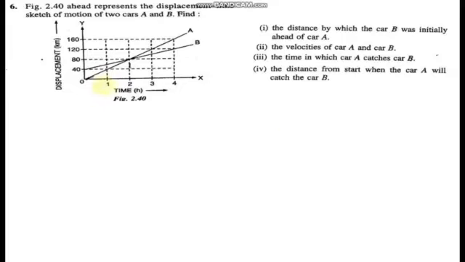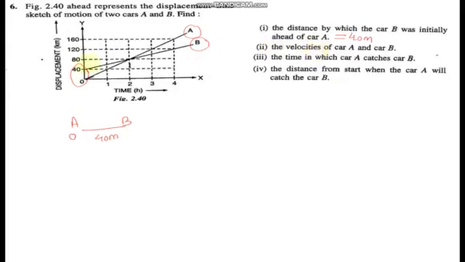So here we are given, now this is the graph for the car A, and from 40 is the graph for the car B. So we can see here the car A has started from 0 position and the car B has started from 40 meter. तो पहले ही कार A और B में एक डिस्टेंस है और वो डिस्टेंस क्या है 40 मीटर. This distance is already present between A and B. A started from here and B started from here, and what is the distance between them? 40 meter.